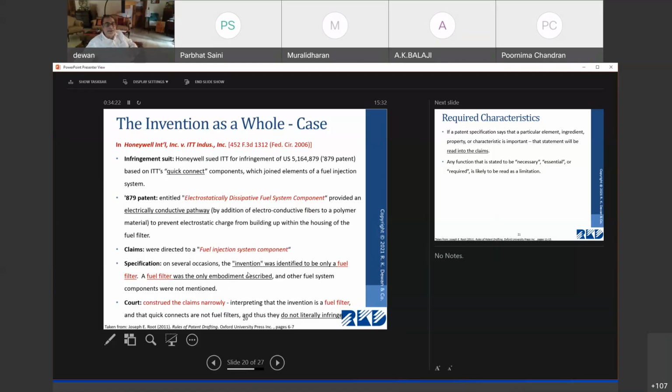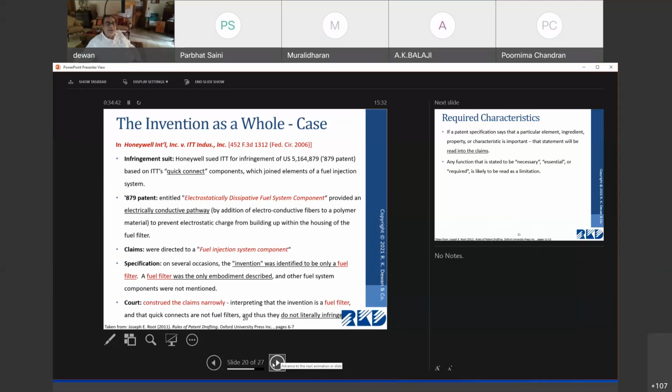And because the fuel filter was not part of the claims, it did not cover the infringing article. It is a little complicated case, but I've really taken it here to say that